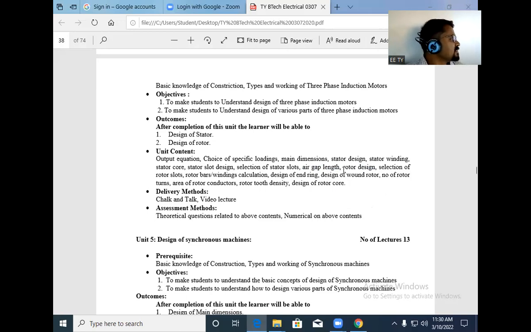Now make the bracket there. Bracket करा. Write down selection of rotor slots, comma, rotor bar calculation, comma design of end ring. Then design of wound rotor,